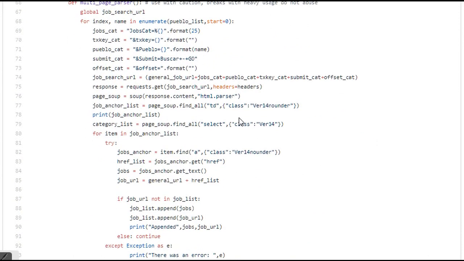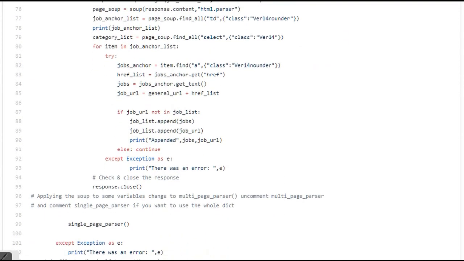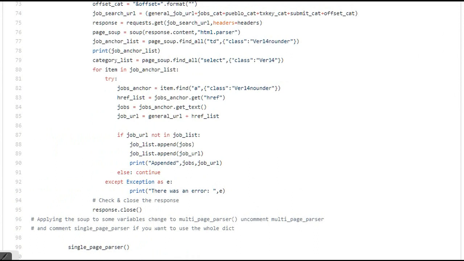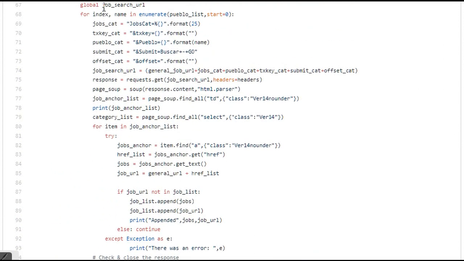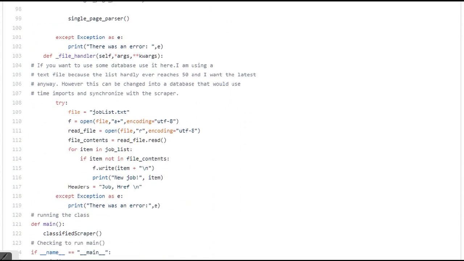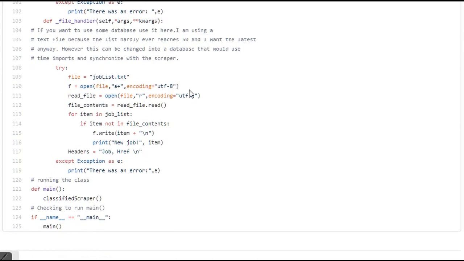Then we do the multi-page parser, which basically is like an empty list with a general jobs category. Like it does everything, all areas. This one, if you do it a lot, you may have problems later, so just use it with caution. We got this database at the end, like basic stuff, text moving. I'm just dumping all of the results into a text file, and then we initialize with the classified scraper,